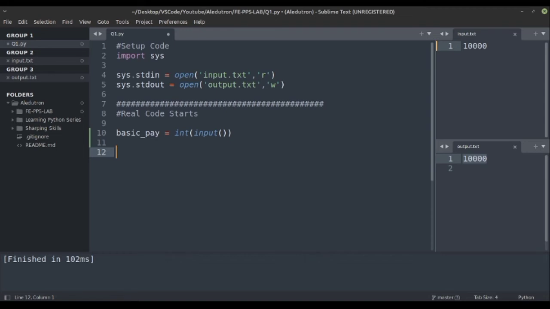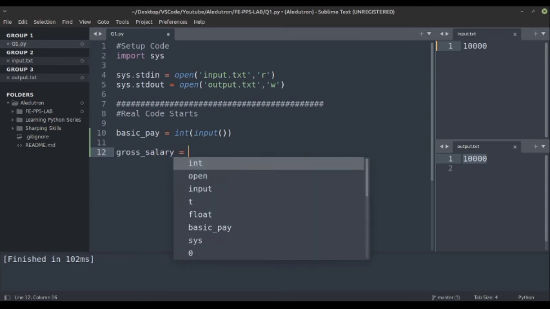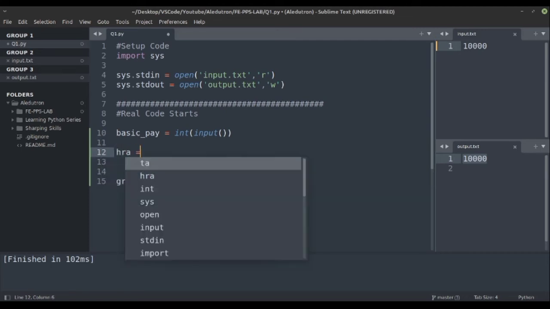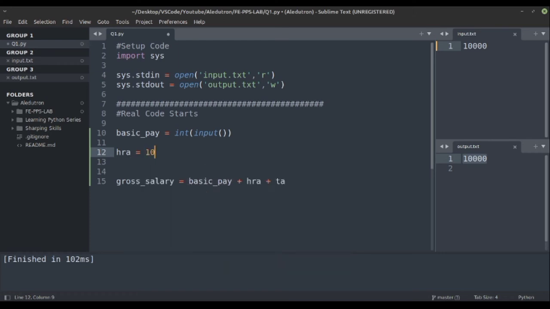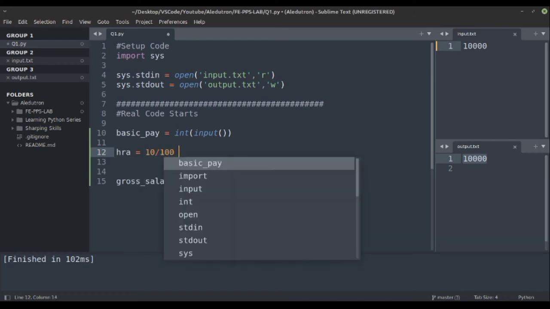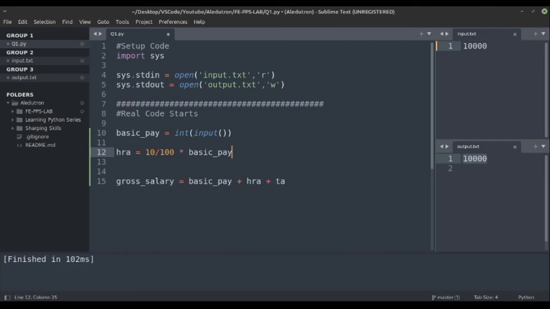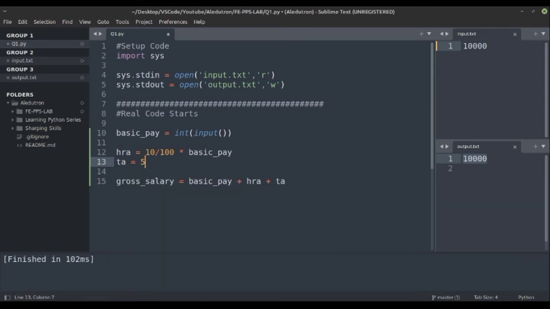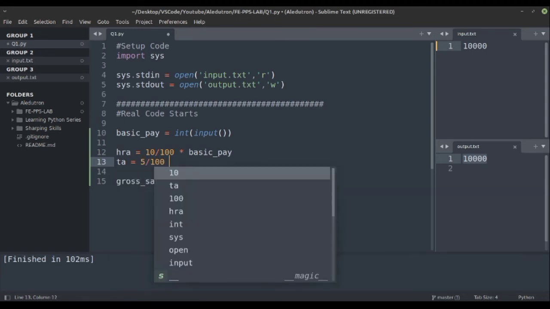After the basic pay, we have to calculate the gross salary. It would be basic pay plus HRA plus TA. Let's first calculate the HRA and TA. HRA equal to 10%, so 10 by 100 into the basic pay, and similarly TA equal to 5% of the basic pay.